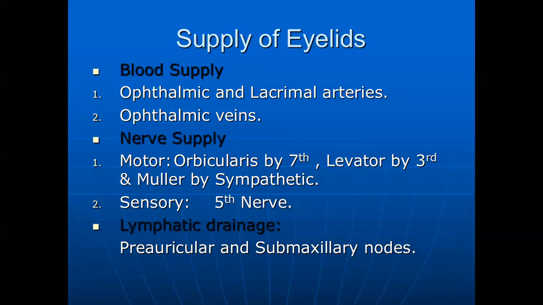Similarly, if we are talking about the eyelids, if there is any tumor in the eyelids, it will spread to the preauricular lymph nodes, so there will be swelling of the preauricular lymph nodes. That is why when we are examining the eyelids, we should always palpate the preauricular lymph nodes so that we can get an idea about the lymphatic drainage and the tumorous state of the eyelids. If we have a suspicious growth on the eyelids, we have to palpate the preauricular lymph node.